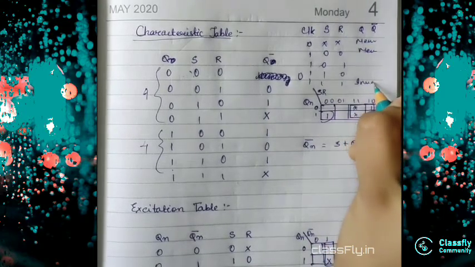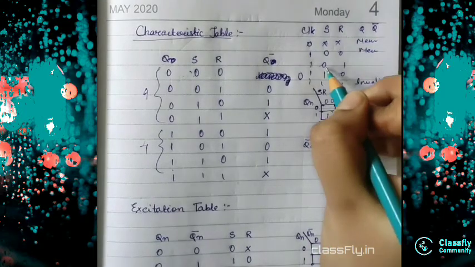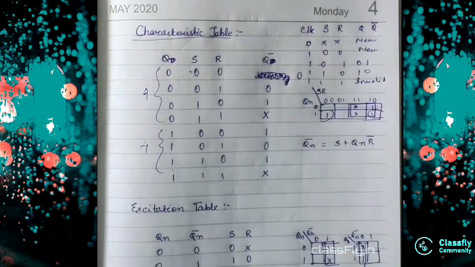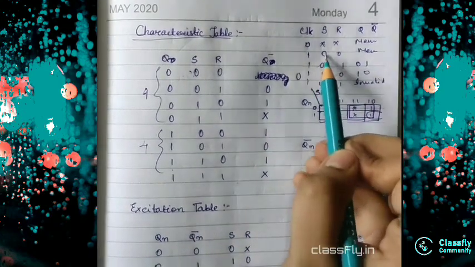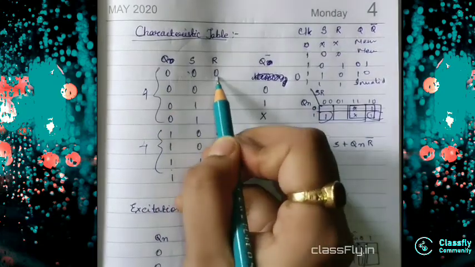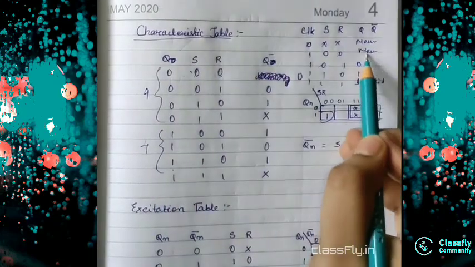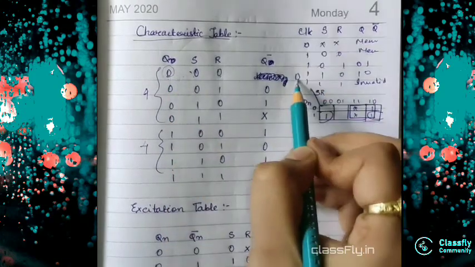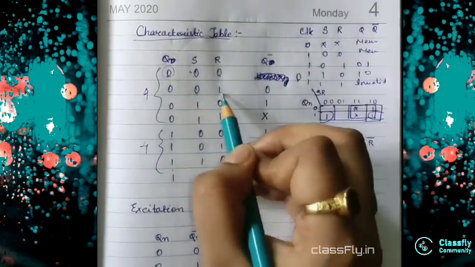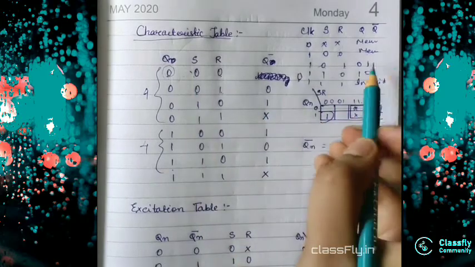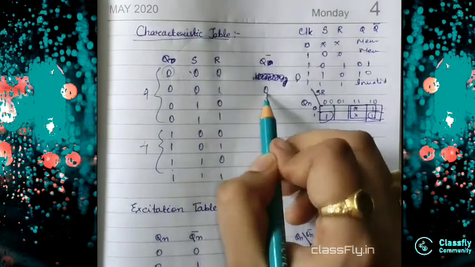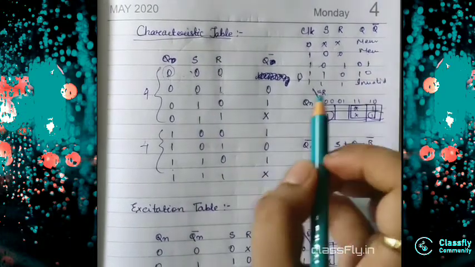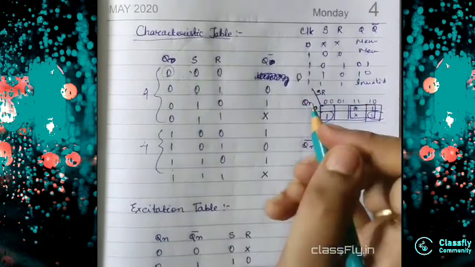This is the invalid state, right? Now this 0 1 means we will get 0 1 and 1 0 we will get 1 0, right? So now if I put 0 0 in my SR flip-flop, I will get what? Memory. So what is my memory here? It is 0, so I will write 0 here. When for 0 1 SR flip, my output was 0 1, so I will get 0. And for 1 0, when I put, I get 1 0, so my Q will be 1.